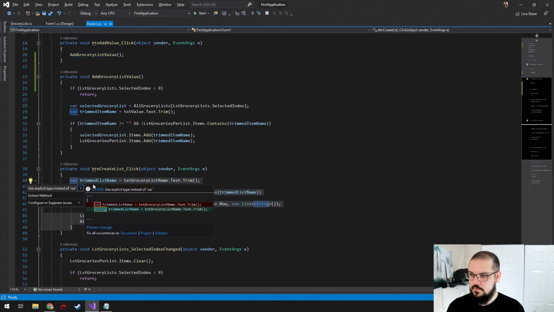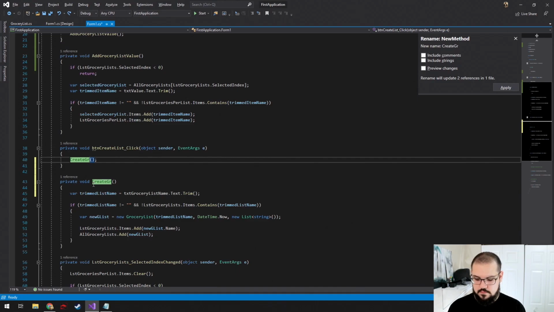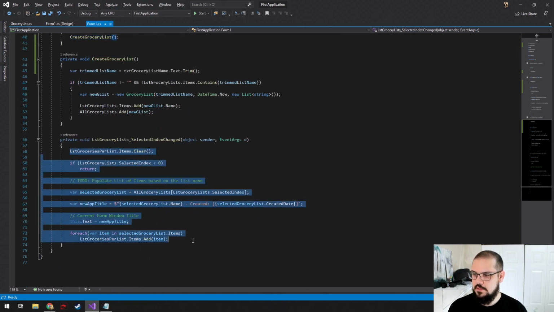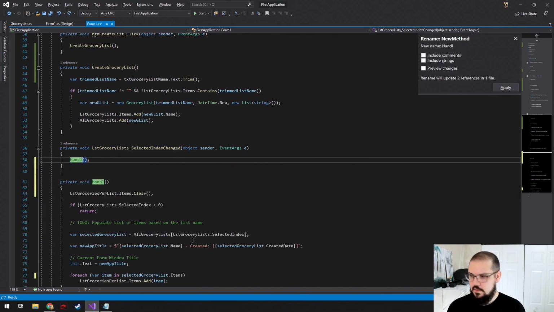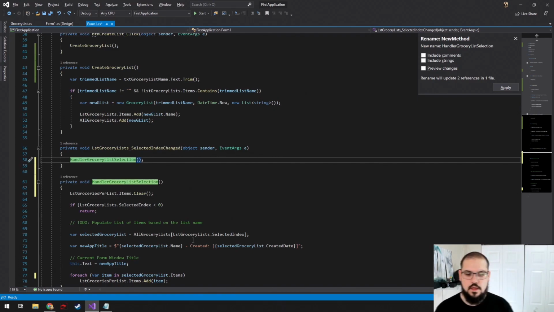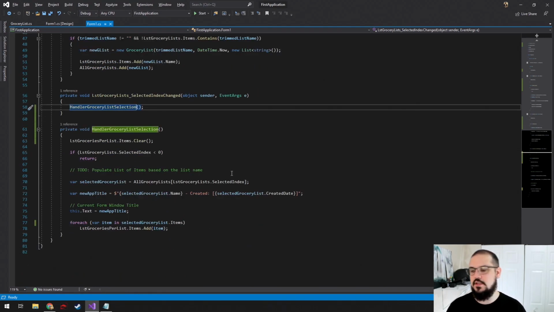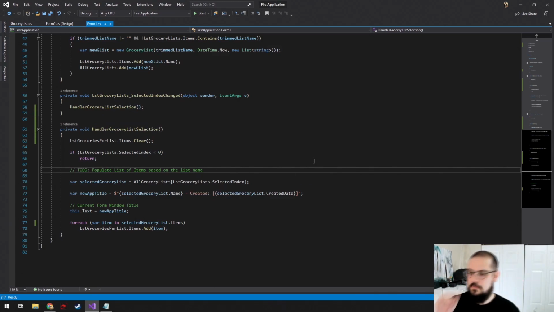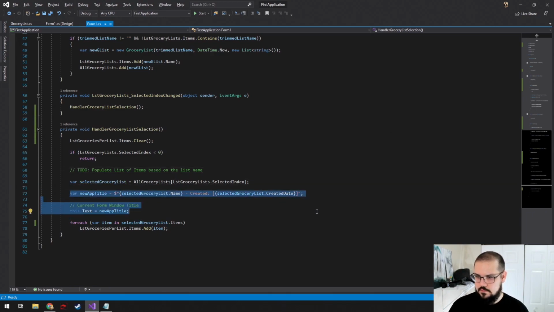So we could do this, and instead of that, go down to extract method, and we're going to create our grocery list. And then this one down here is going to be handle selection. It could be handle grocery list selection. This could be load UI on grocery list selection. This could be any number of things. And technically, this here